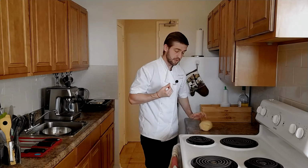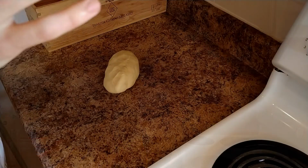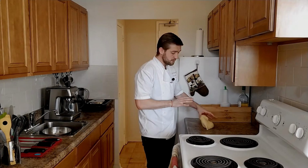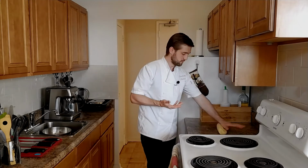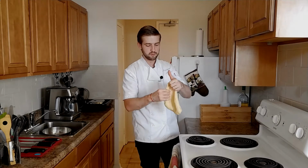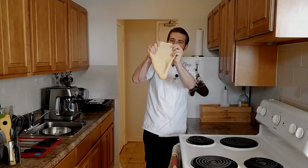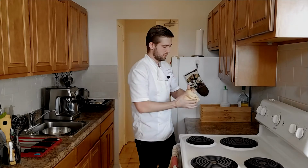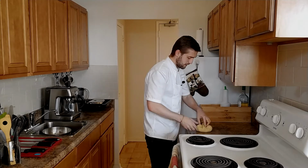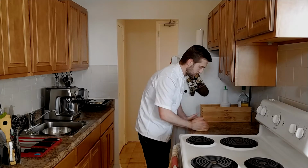We're looking for a texture where, if you leave the dough and let it go down, you will see it's going down. And when you try to lift it, it sticks a little bit. This is a good indication that the dough is done in terms of texture, and you will also see the nice dough. You can check it, see all the strings coming up. It's very nice. So again, it's going to be a little bit sticky. It's okay, it's nice. Just take the dough, bring everything together, flip it over,